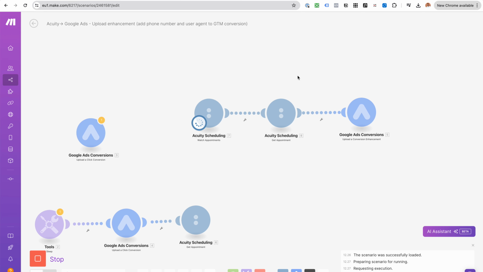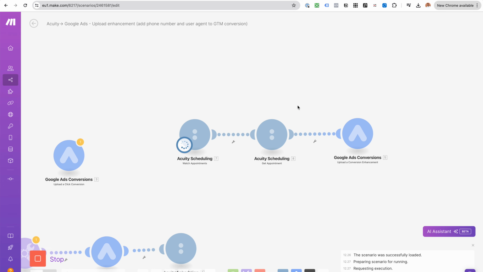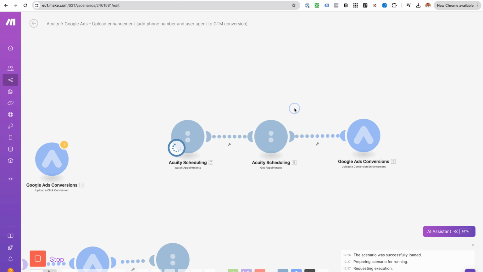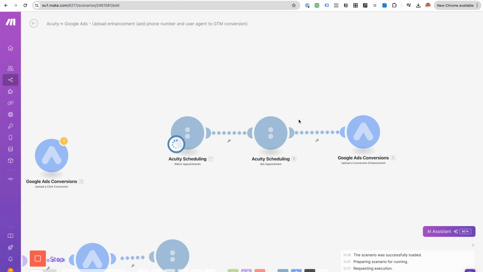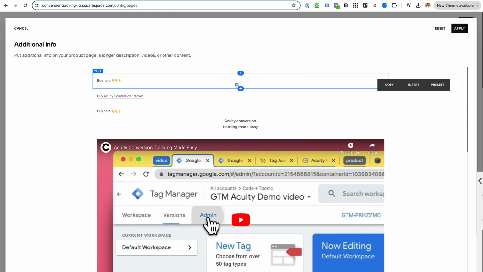All right, so I've been doing Acuity conversion tracking for about 2 or 3 years, and with this time I've been improving my setup. So anytime I think I have reached perfection, I come up with something new. And this is, let's say, the normal setup for Acuity conversion tracking,